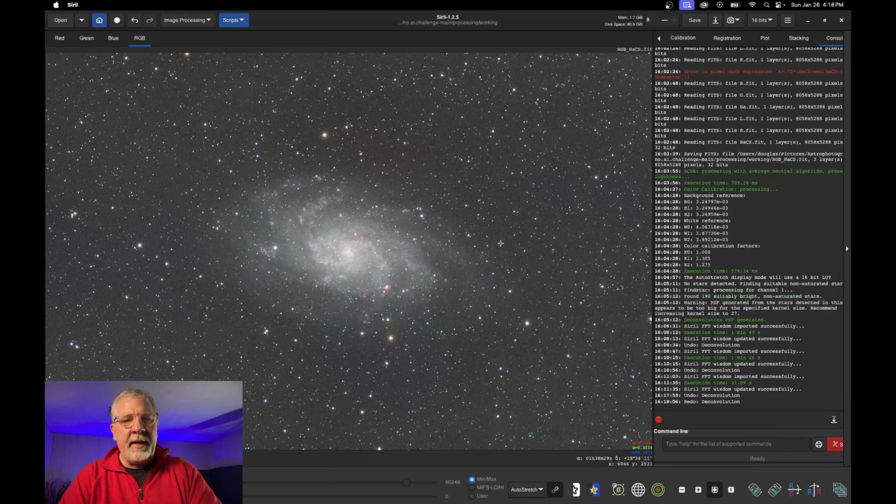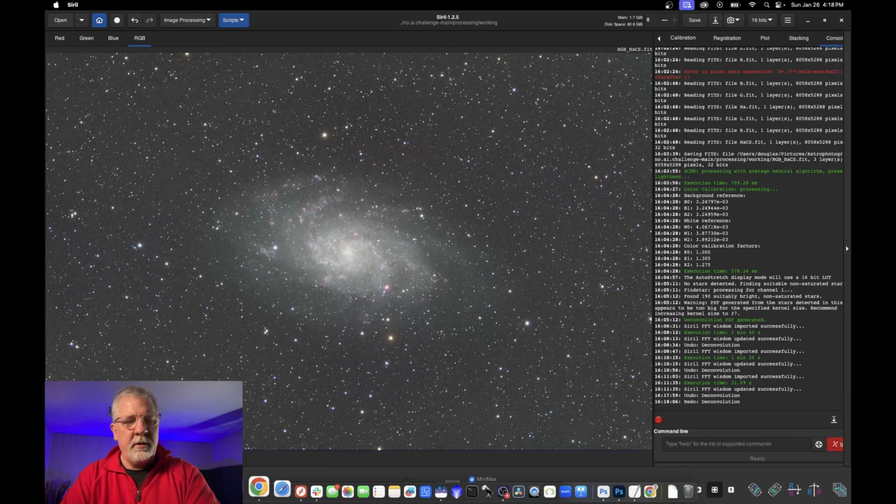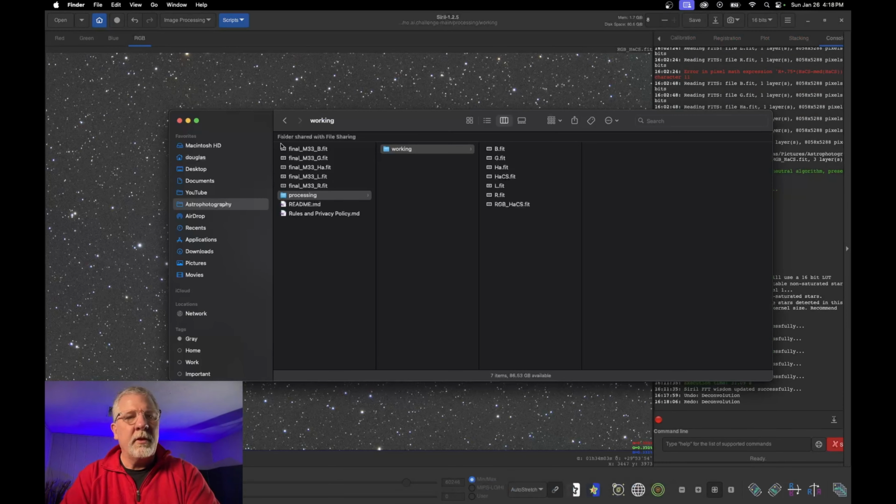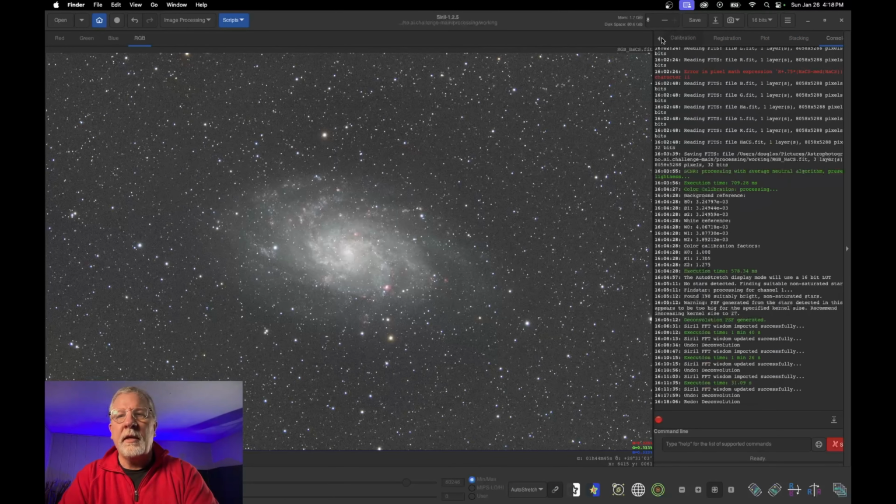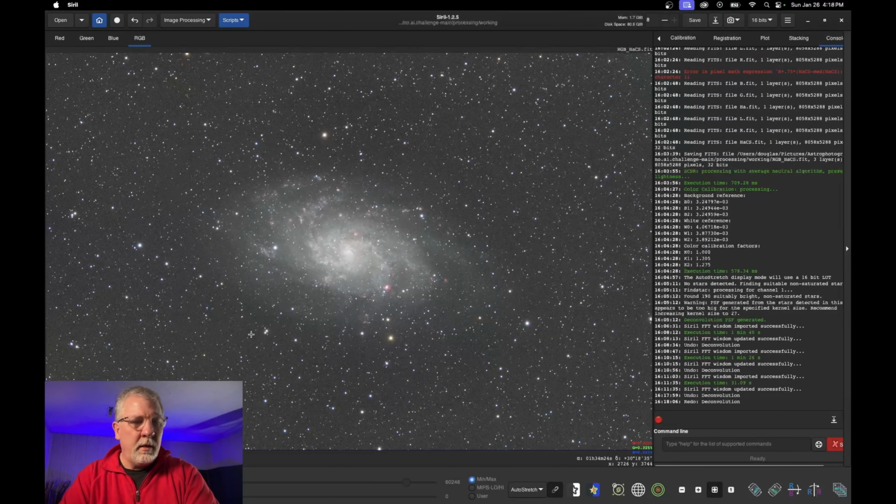While I was waiting on that, I did a little bit of reading of the doc. So what I want is to be able to combine my luminance now with this image, because right now we haven't used the luminance yet. So let's just check it out. I haven't tried it before in Siril. I think what I'm going to do is, we're currently on our HACS image that we just